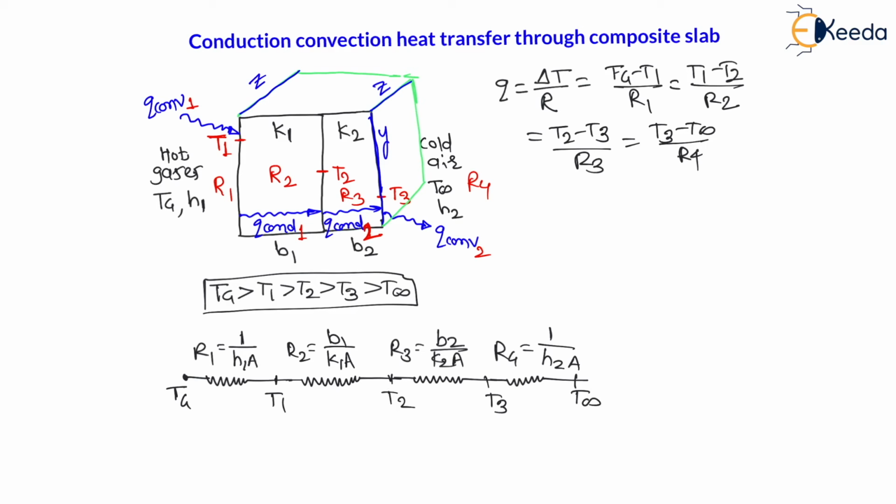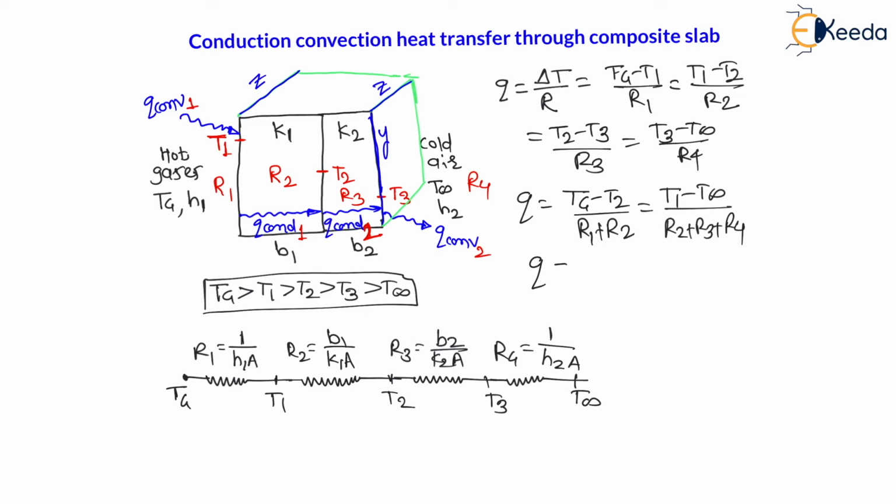Similarly, let us observe here, if I consider Q is equal to, let us say, Tg minus T2, right? Here I am considering temperature difference between hot gas and T2, that is interface temperature for the wall, right? Then between them, there is R1 and R2. Therefore, here we have to consider R1 plus R2. If I consider T1 minus T infinity, you can consider any difference, then between T1 and T infinity, the resistance is R2, R3, R4. Therefore, it will become R2 plus R3 plus R4.